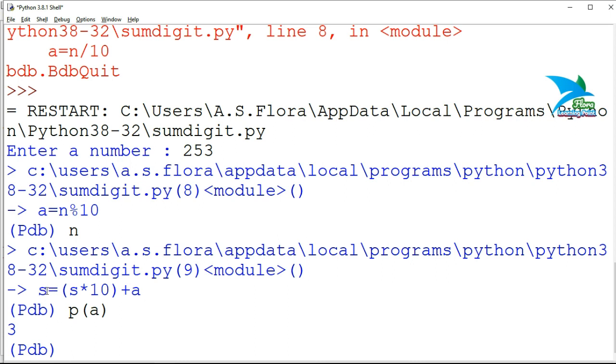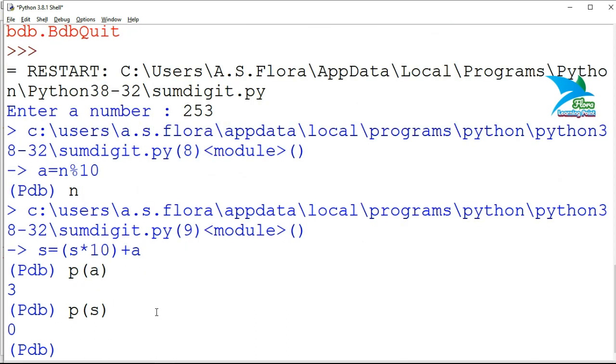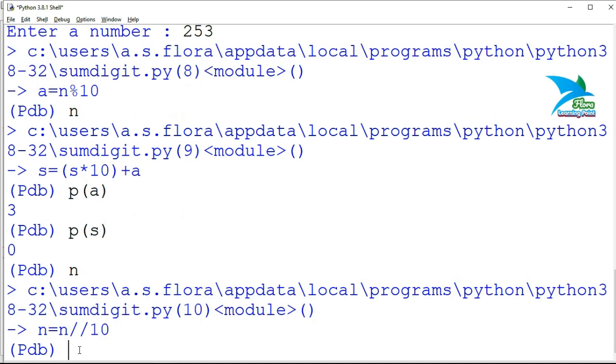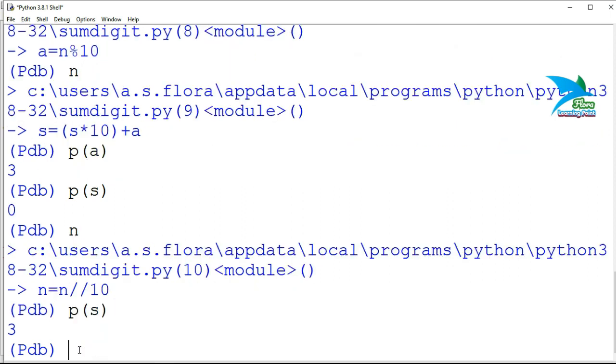After the execution of this line, presently the focus is on s equal to s into 10 plus a. If you check the value of s, it is still 0, but after the execution of this line, the value of s must be 3. So I'll specify n to run the next line and print the value of s.